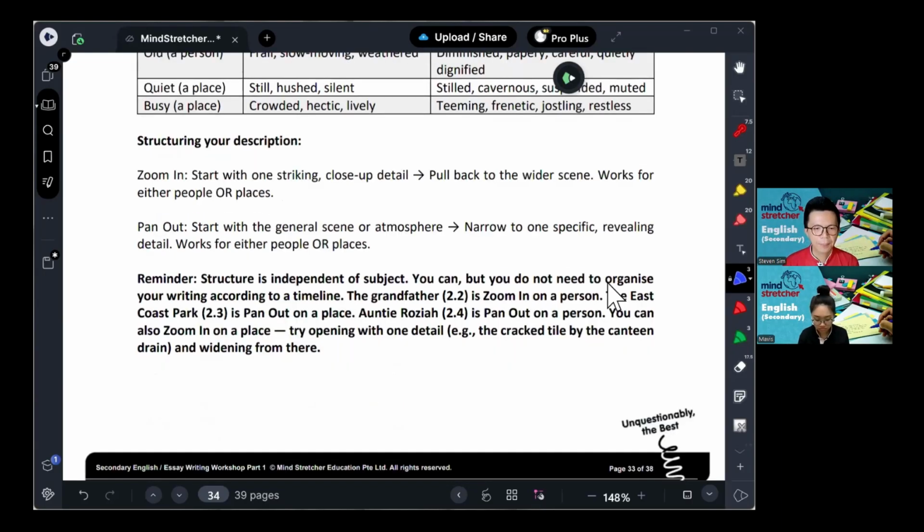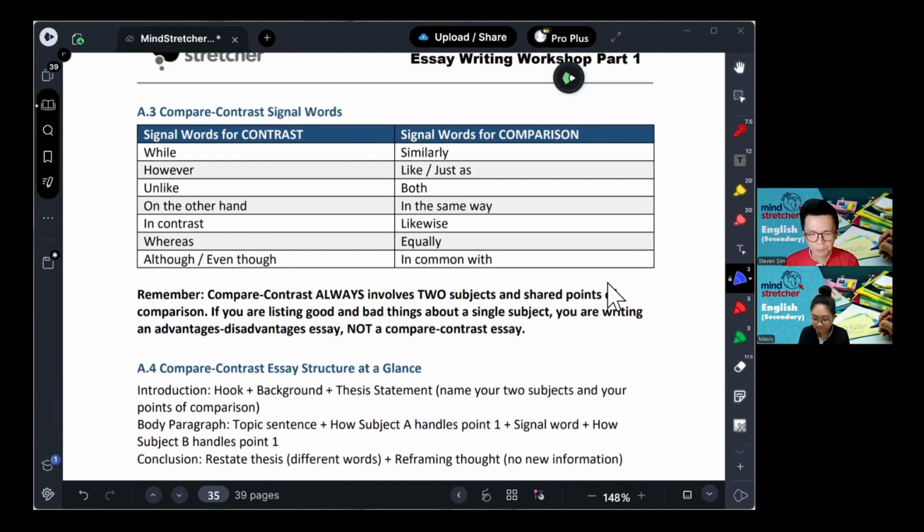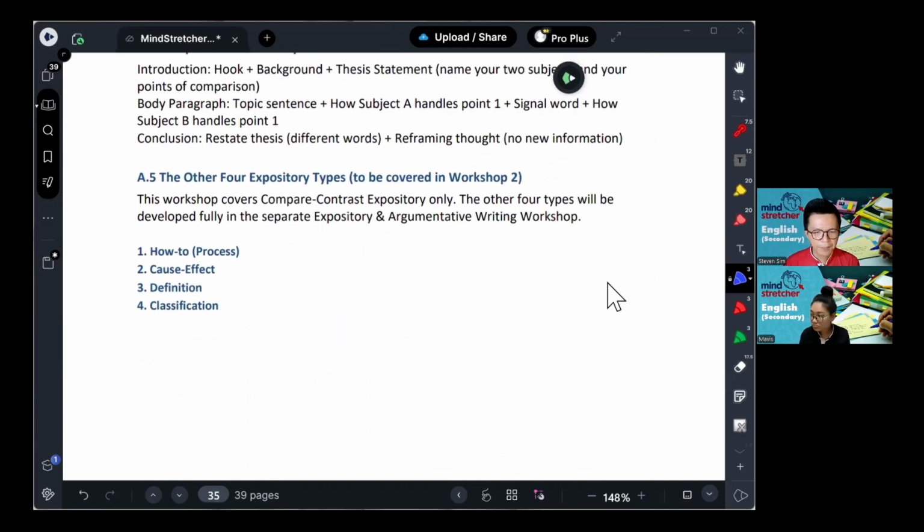Okay. So compare and contrast signal words. Okay, down here, the other four expository essay types which we'll cover next week. Okay, these four plus argumentative writing. Okay, so